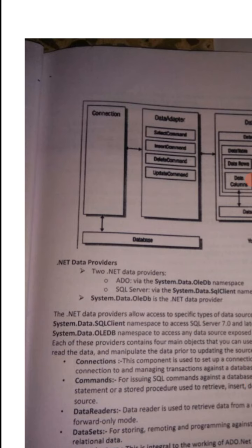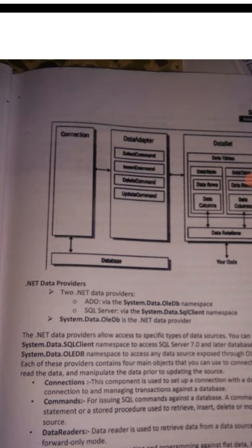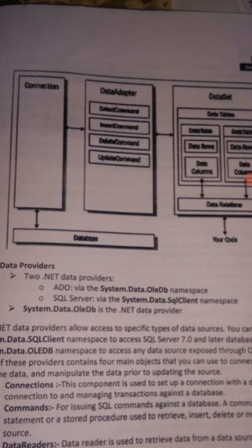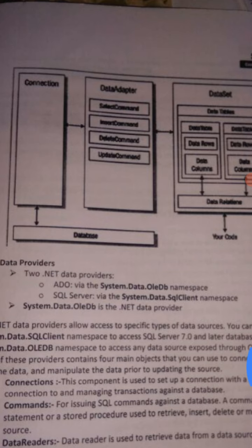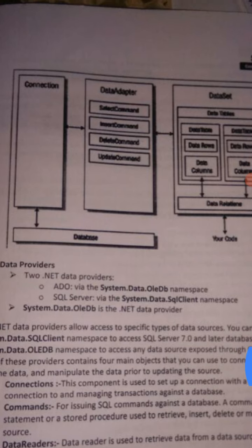See this in this diagram, .NET data provider. See here connection, then go to the database. Connection provides the data adapter. The data adapter can contain the SQL command, select command, then insert command, delete command and update command. Then go to the data set. Data set can contain